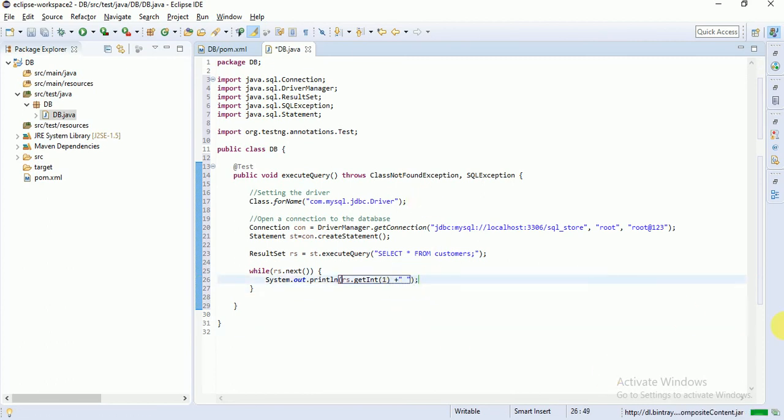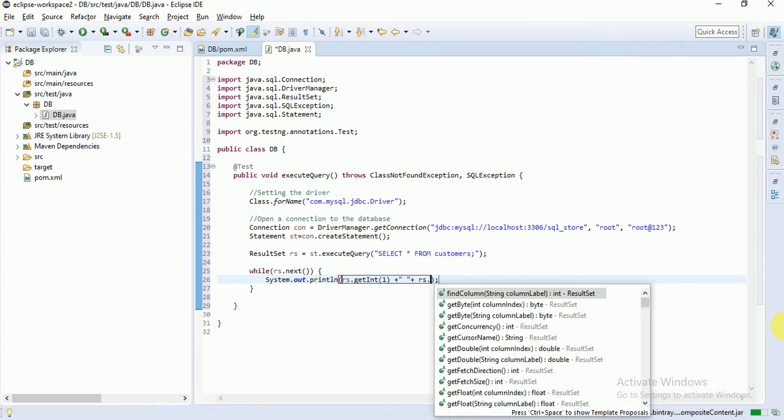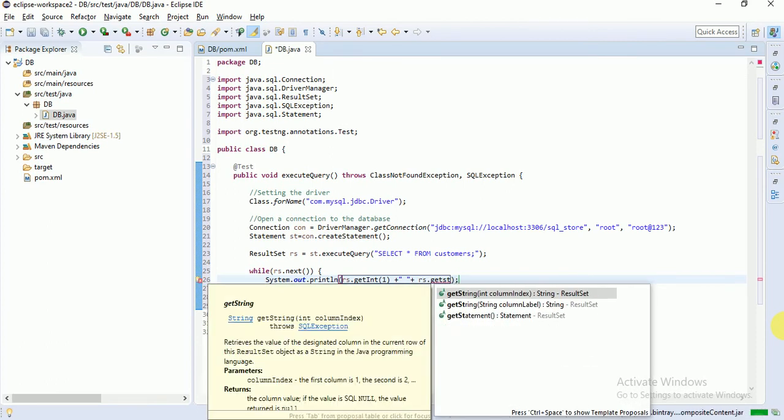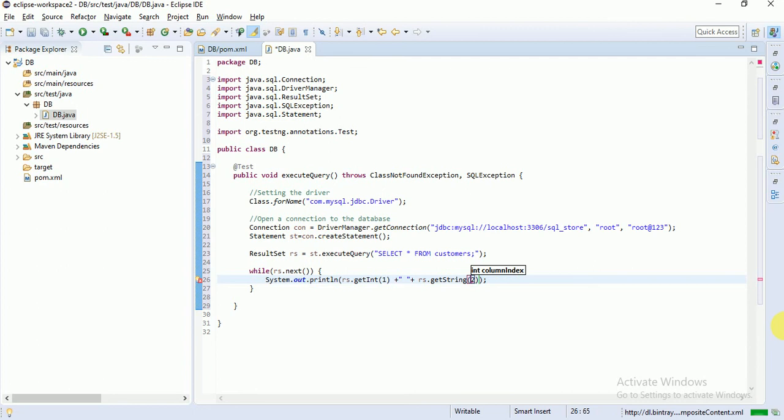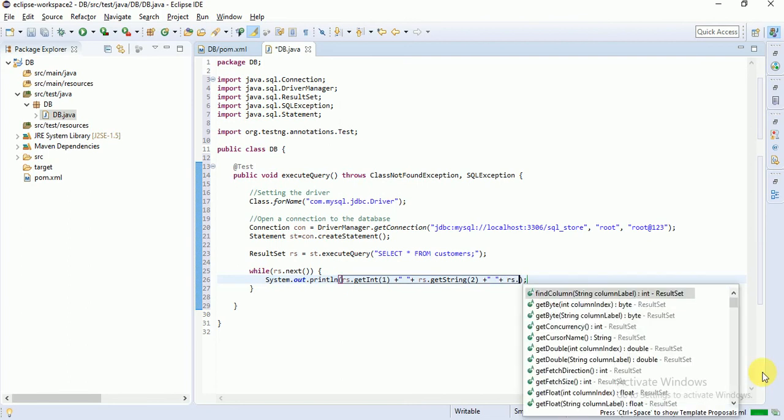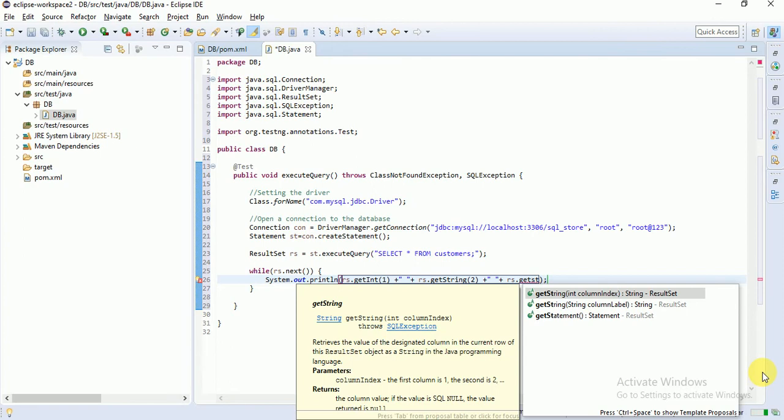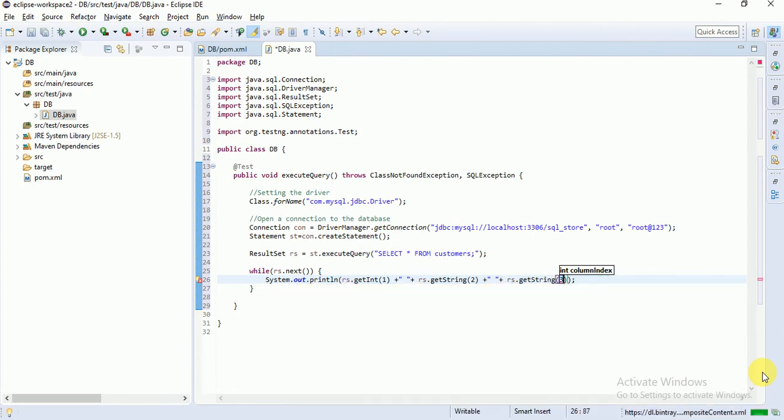Similarly resultSet.getString of 2 and resultSet.getString of 3. That's it, just the first three columns we will read. Okay, everything is set.